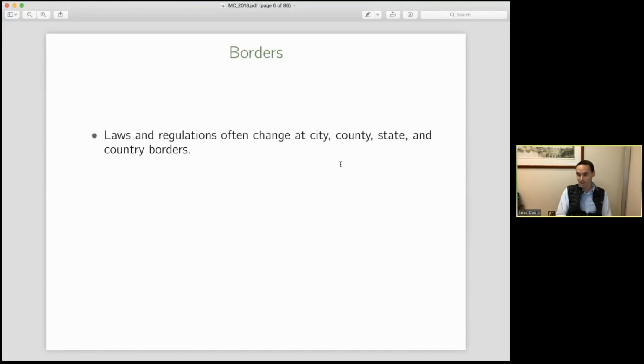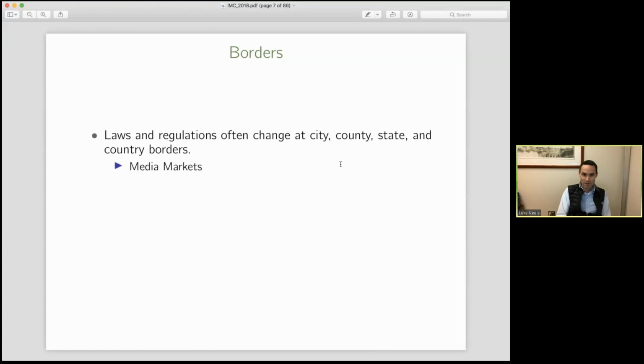One thing that occurred to us, Rocio and I, when we first started talking about this topic about 9 years ago, is that it's often quite clear that laws and regulations often change at geographic limits. It could be the case, particularly in the US but also in other cases, particularly in federal systems, that there are always subunits of government and they pick different laws. The people who are at the border between a city and a county, or state or country, face different